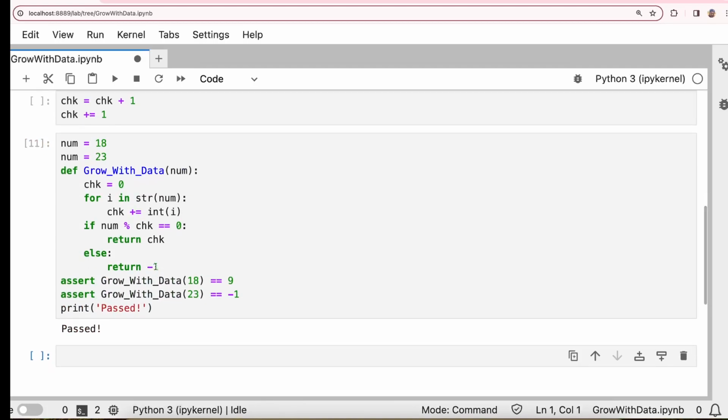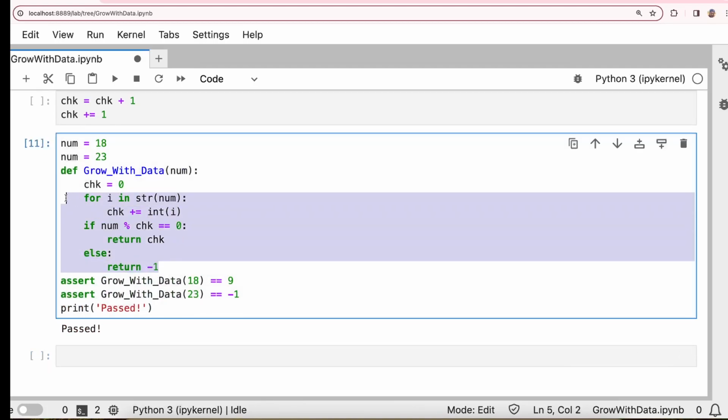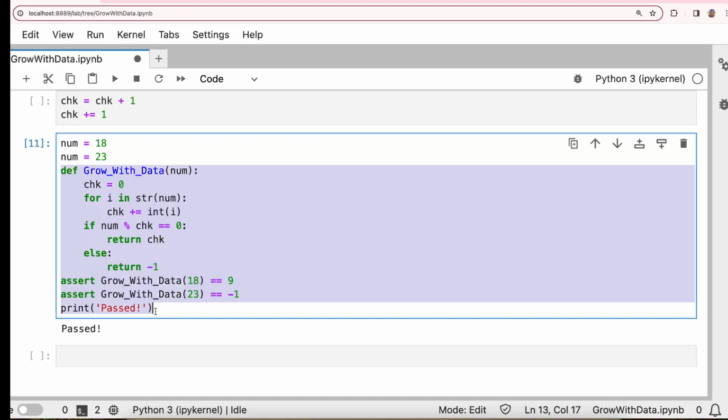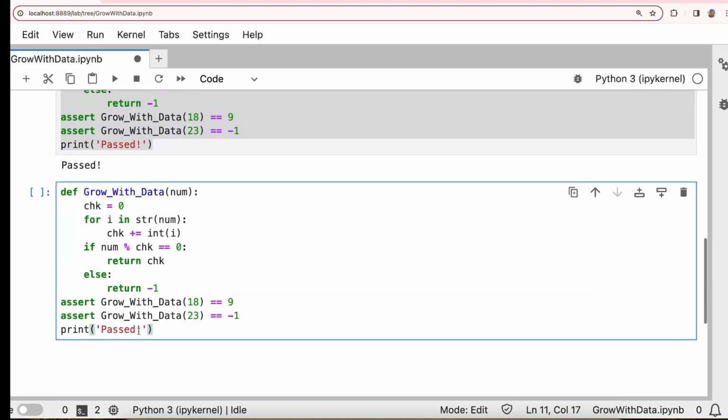Okay, now can we do this in a list comprehension way? We can take this function and do our favorite list comprehension part.